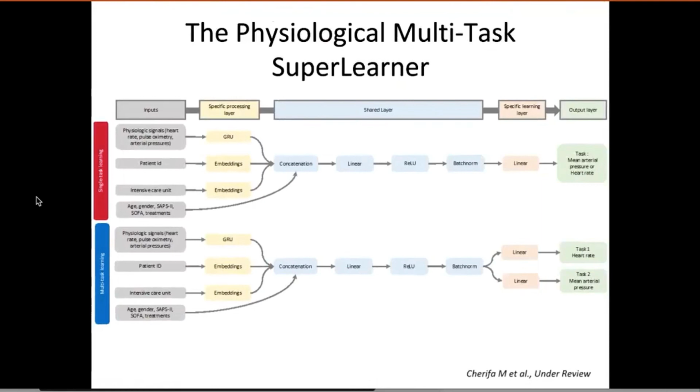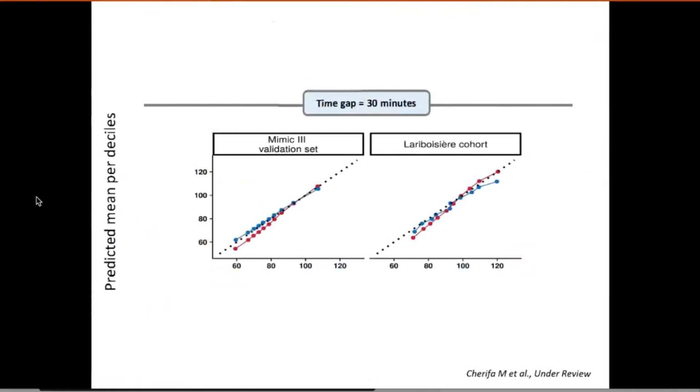So that's why we wanted to change the modeling approach a little and use a deep learning model with a multitask framework, by which we are not focusing on one specific task, the blood pressure prediction, but on several tasks. In this study, the two tasks we ask the learner to predict are blood pressure and also heart rate, since we know there is a close relationship between those two parameters. Next slide.